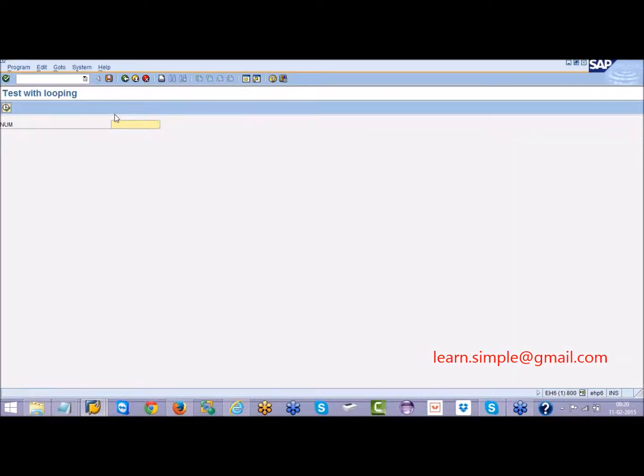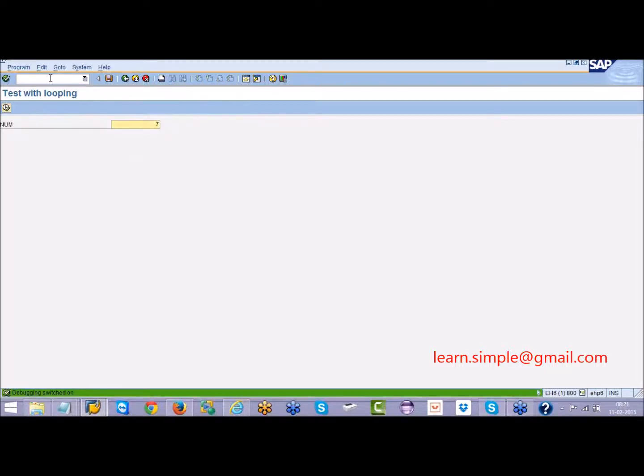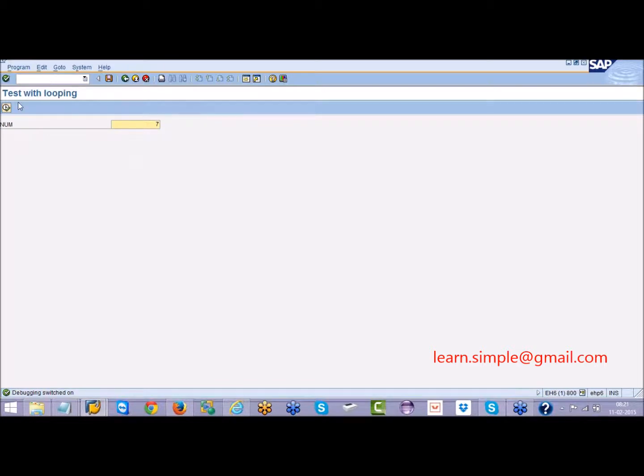How to do debugging? Go to your screen, provide some value here. This is the input screen where you are providing the inputs. Go to that particular screen, provide the input, and then type /h and press enter, and then execute.